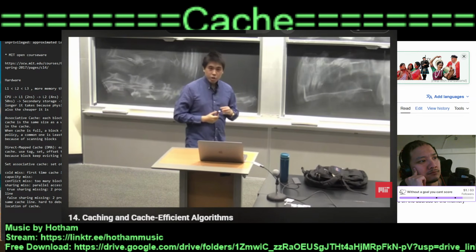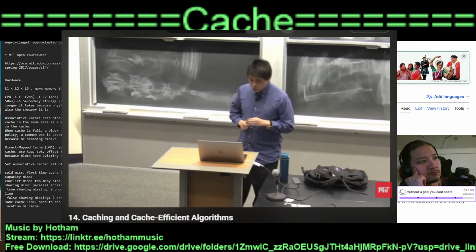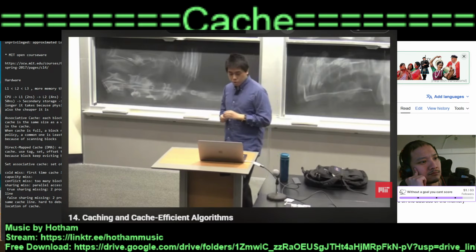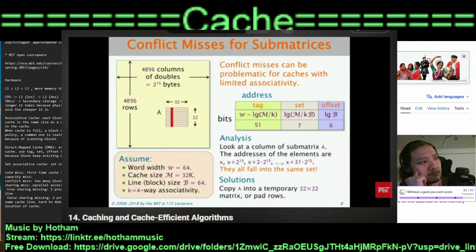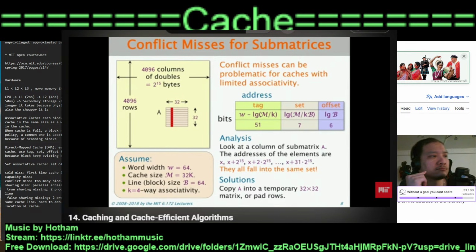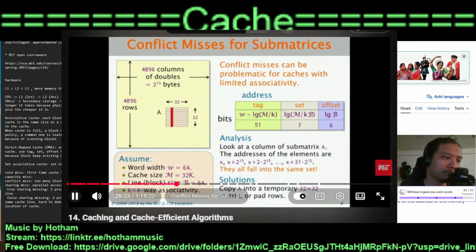Okay, so this was conflict misses. Conflict misses are important, but usually we're going to be first concerned about getting good spatial and temporal locality, because those are usually the higher order factors in the performance of a program. And once we get good spatial and temporal locality,